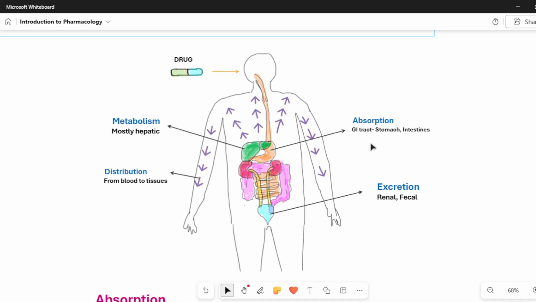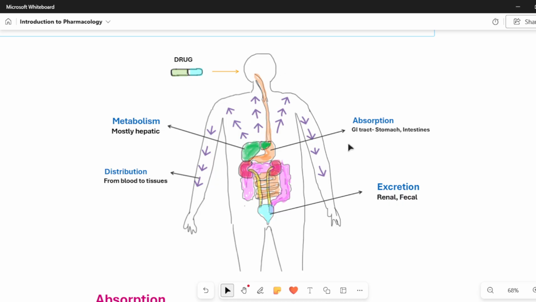So anything which is absorbed in the small intestine and large intestine is not directly sent to the heart. It always has a checkpoint, that is our liver. What our liver does is check for any foreign particles. Our drug is a foreign particle, so it tries to destroy the drug as much as possible. After going through that metabolic activity, that is called first pass metabolism, because that is the first step when the drug goes through the metabolic cycle.